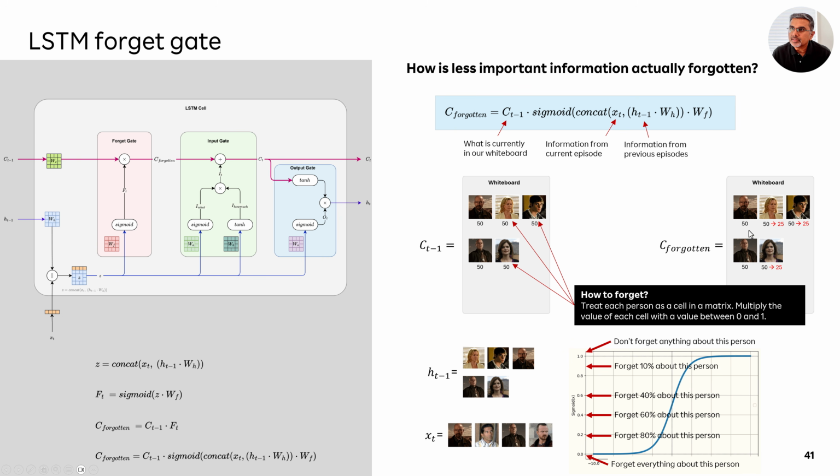Now here, if the value of, let's say, Walt is not changing, it's because you want to not forget anything about these characters because they reappear in our current episode. So essentially the sigmoid, you should swing it more towards 1, both for Hank as well as Walter White. And you have to swing the values for Skylar White, Walt Jr. and Marie by 50%, so that you would essentially decrease their score.